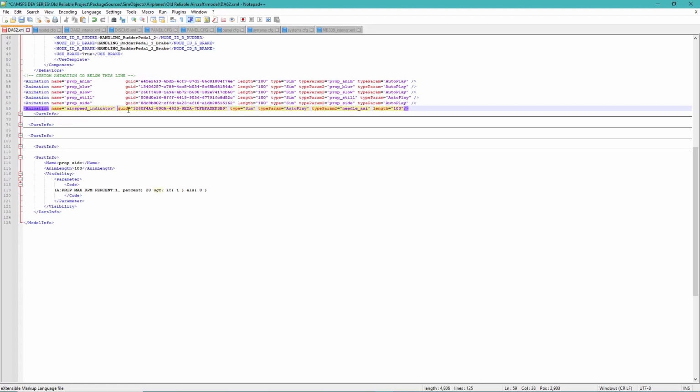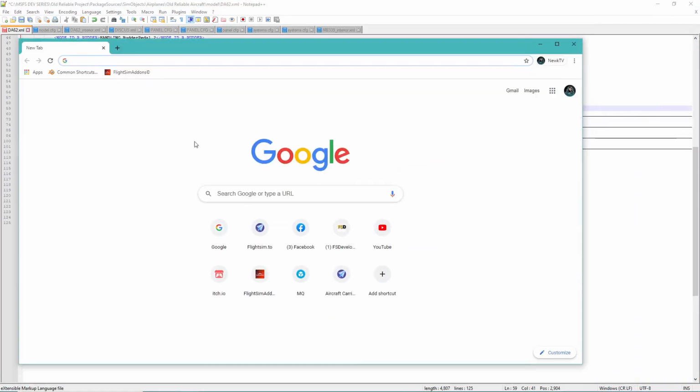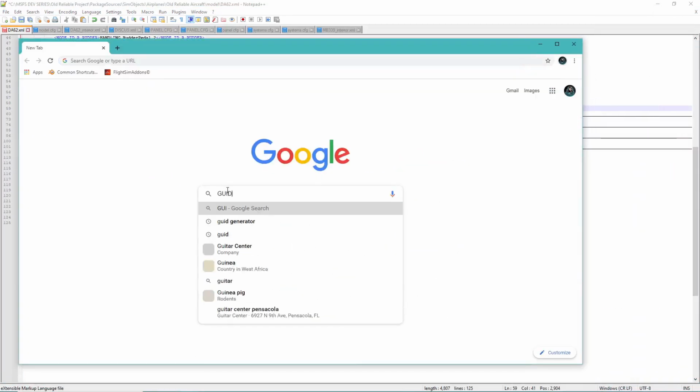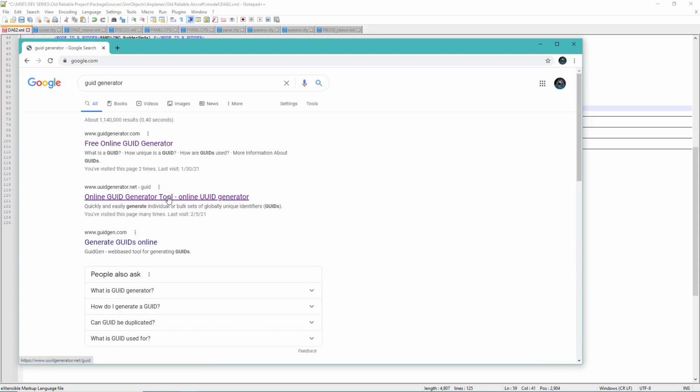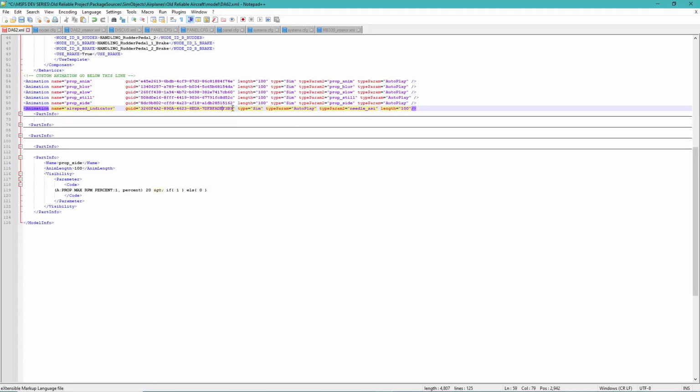We need to generate our own GUID. If you've never done that, once again, you just bring up Google, GUID generator. Second link here, refresh, copy that GUID, and then go ahead and paste that in here. And the GUID is just that individual indicator so that you're not confusing this animation with other animations on the